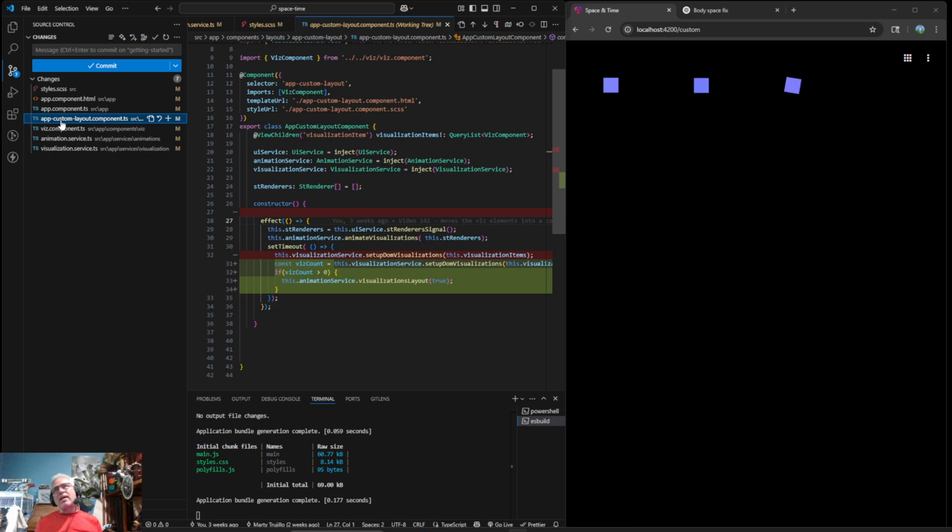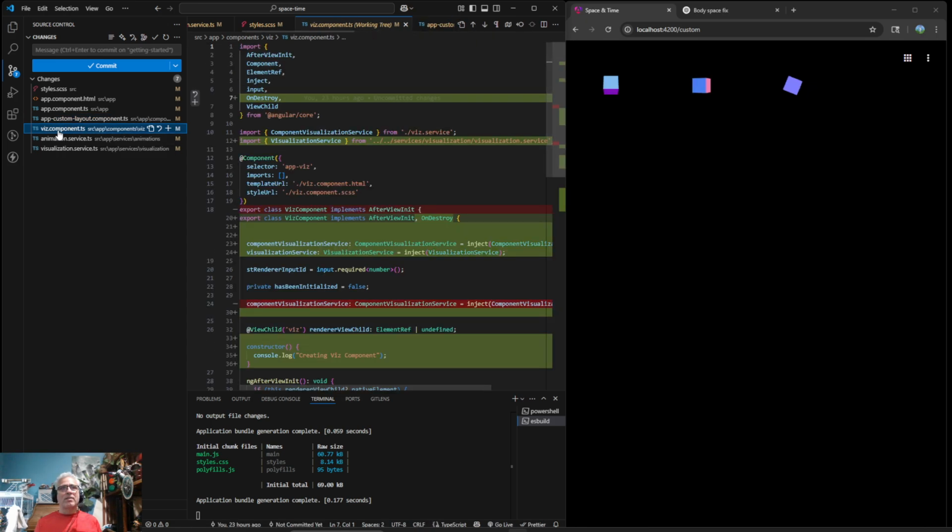I guess with the end-to-end test, it would be nice to have one that changes the view and then comes back, with it already resized, and then checks to see if they're already in the right place.